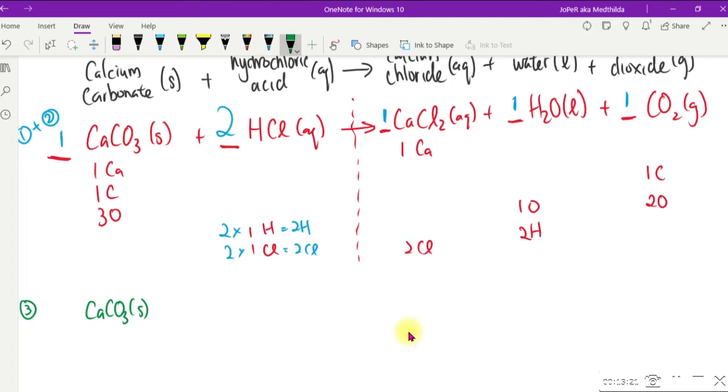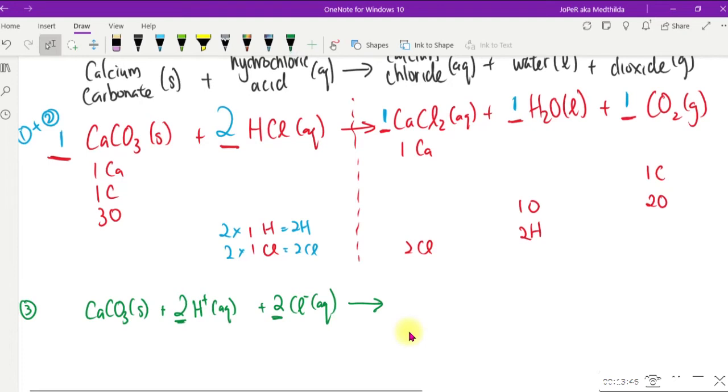Hydrogen chloride in the aqueous state. So actually I can split this up into hydrogen ions and chloride ions. So what I'm going to get is hydrogen ions in the aqueous state, chloride ions in the aqueous state. Now because I have 2 of this, so can you see here? So I will have 2 hydrogen ions, 2 chloride ions. Now going to here, calcium chloride. So I will have 1 Ca2+ ion equals calcium